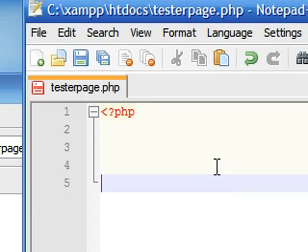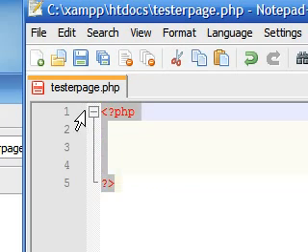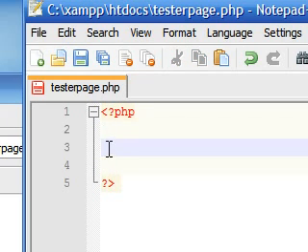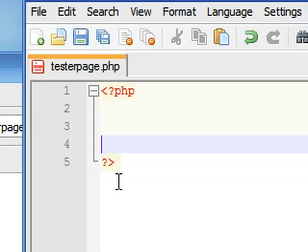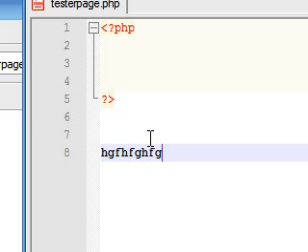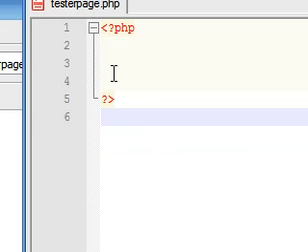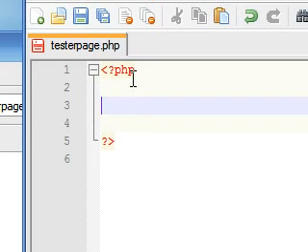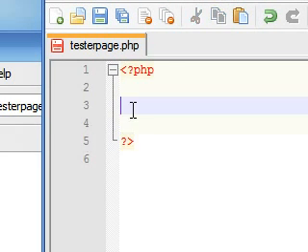And for the end, you put question mark, greater-than sign. And anything we're going to be learning is going to go in between here. Can I type some out here? Maybe down here? No, you can't. Don't even think about it. Type all we're going to be learning in between the beginning and the end PHP tag.